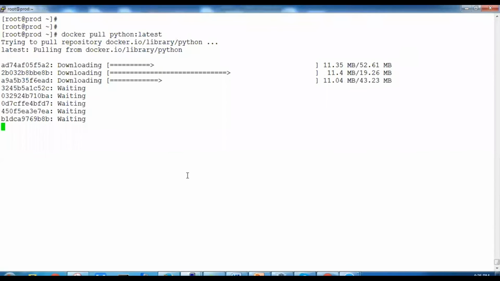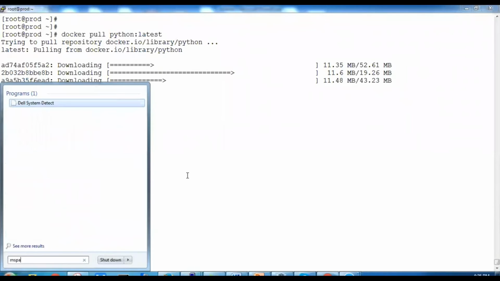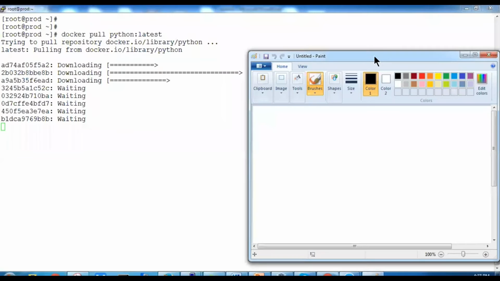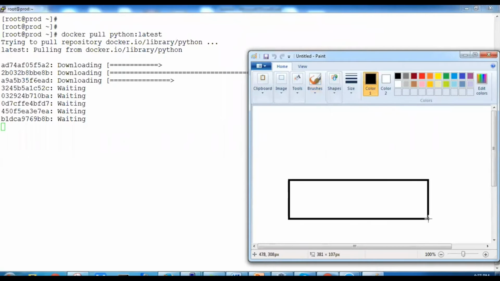Let us understand the fundamentals. We'll open Paint to explain this. We'll keep it here and draw a shape. Currently we have downloaded the Python image.